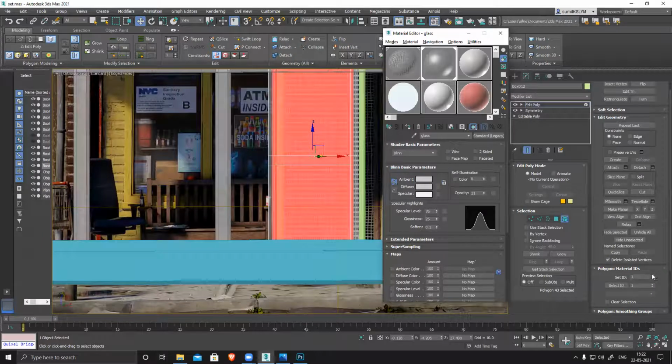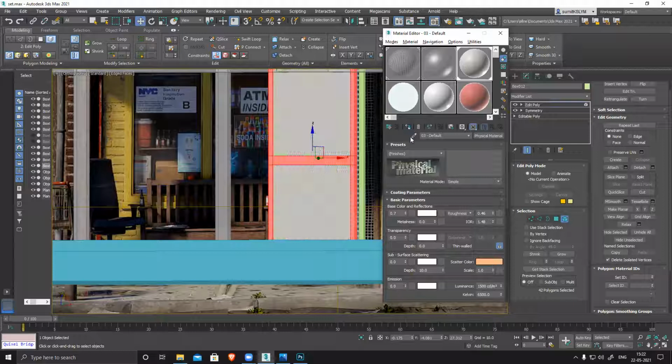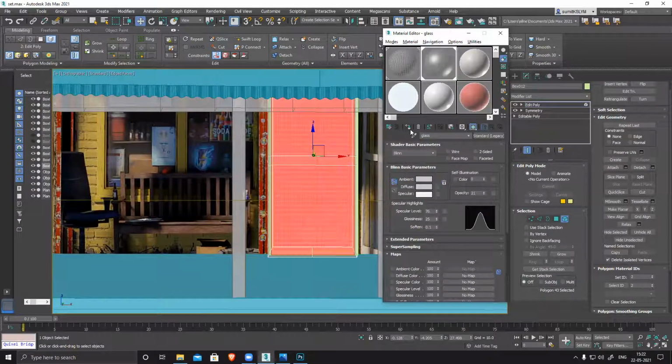It's saying 1. Just simply click on this and change it to 2. Assign, select this one, assign a different material, and assign 1. Sorry, 1. Why is it still showing this thing?